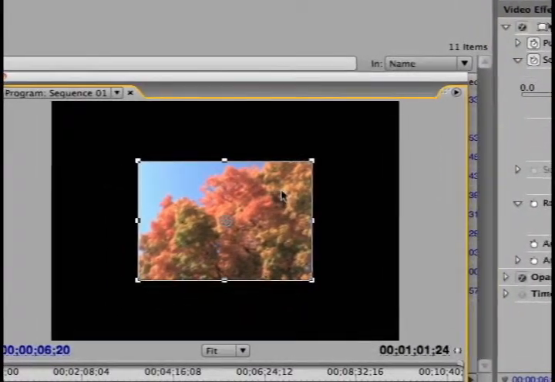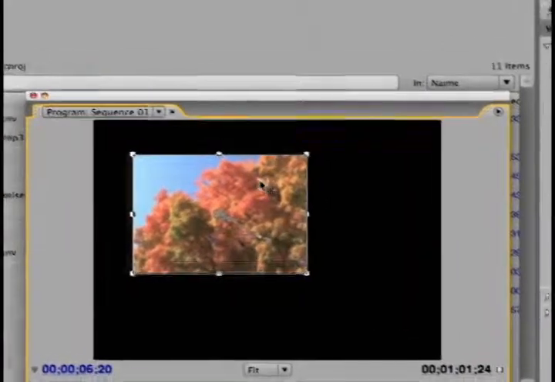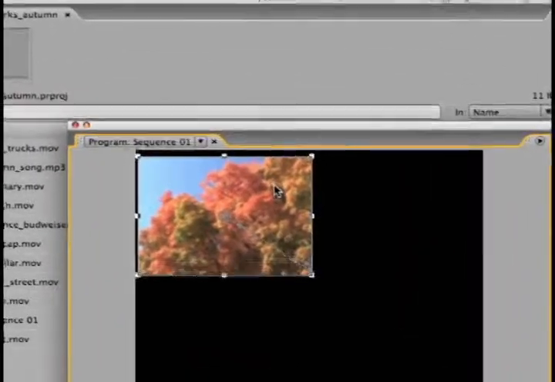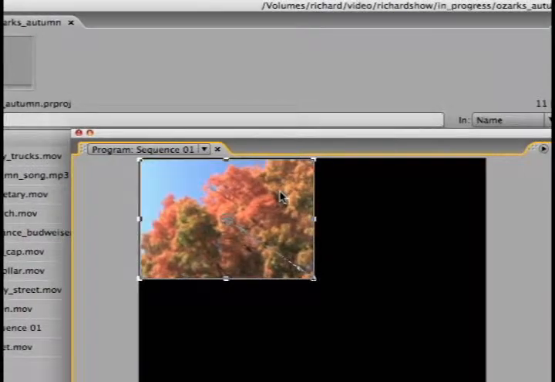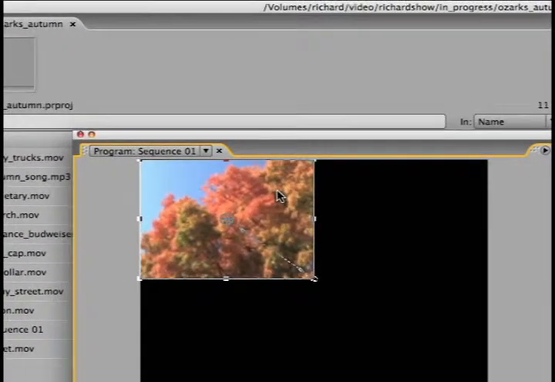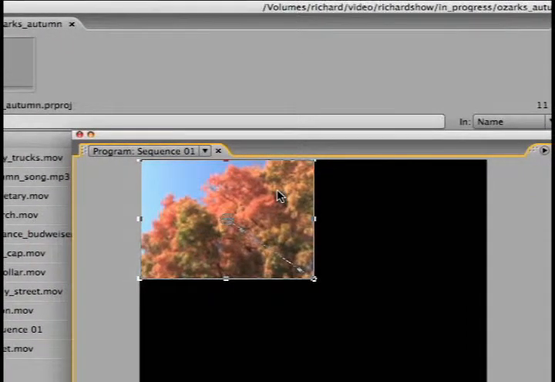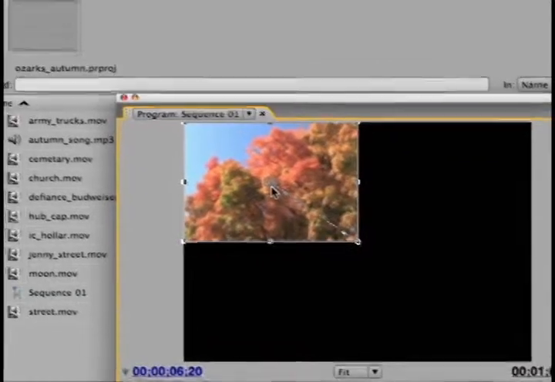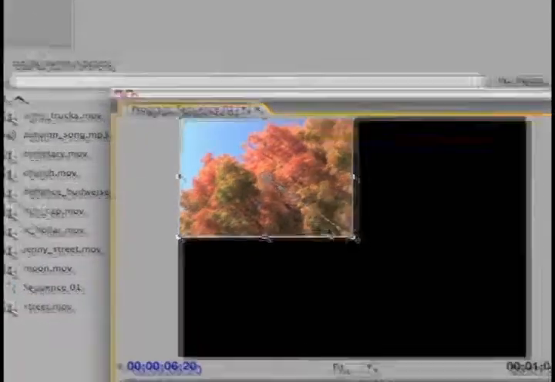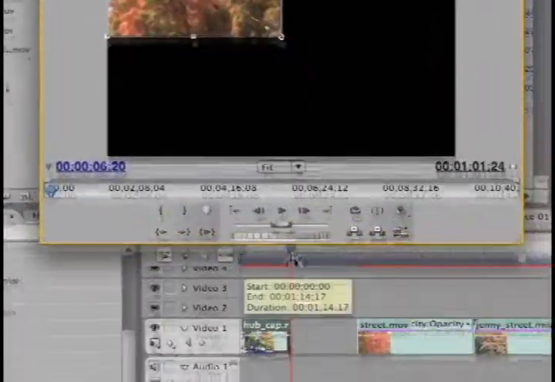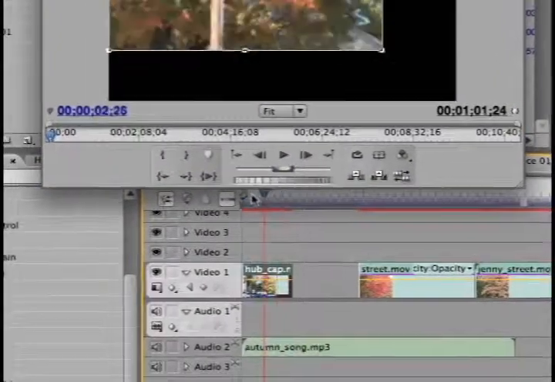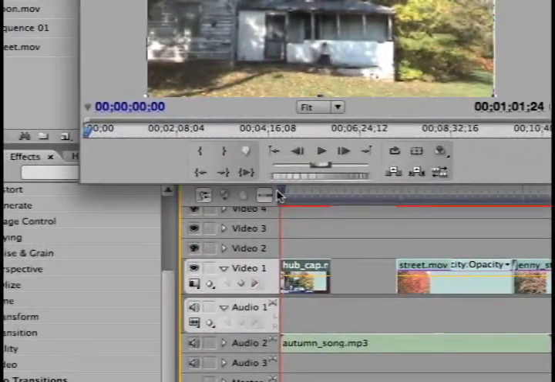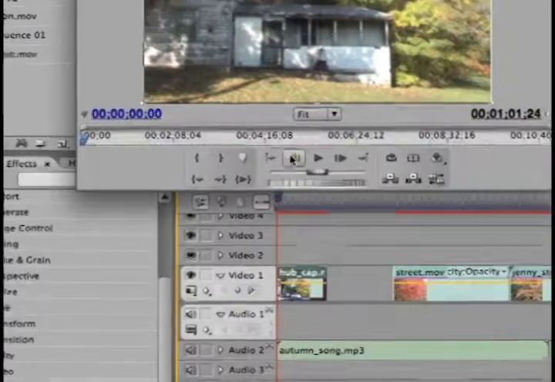Now I can drag on it and move it up into the corner. Now you can see that there's a little line, a faint line across here, and what that says is you're creating a keyframe, and it knows that there's movement from here to here. Now if we look at this, you can see it starts big and then it goes into the corner. So if I play it back,